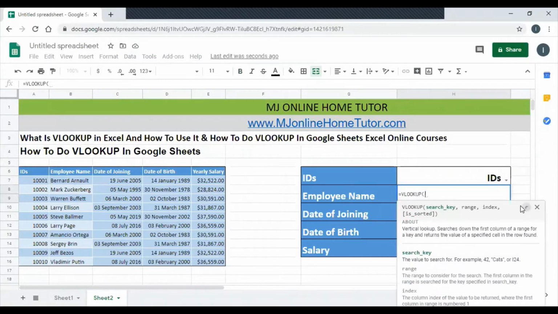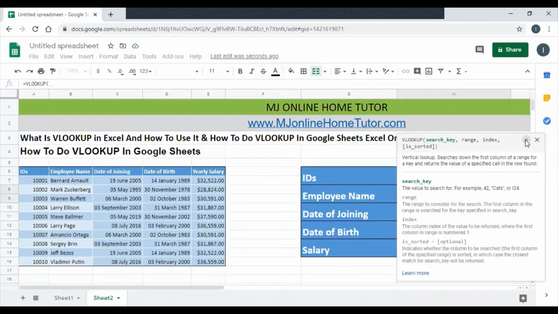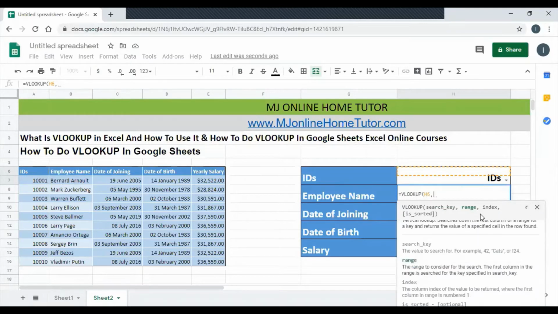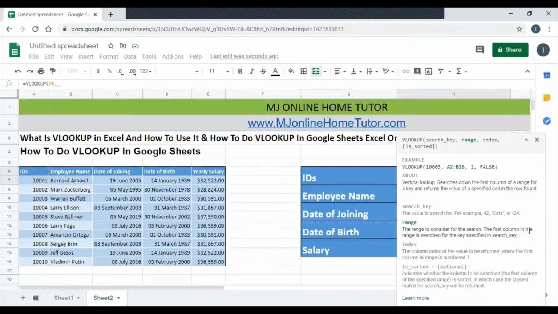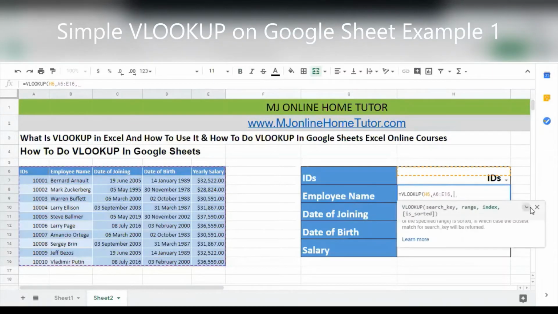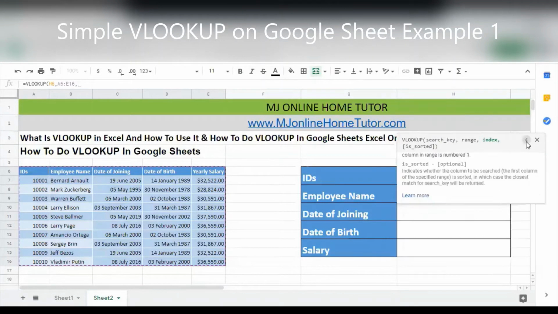In the first example, we are looking up the employee name with the help of the ID. In the VLOOKUP formula, we are trying to search the key. The search key is the ID, so we are giving the address as B6 here. The range is, as you can see, A6 to E16. So we have selected the range, and now we have to give the index number.